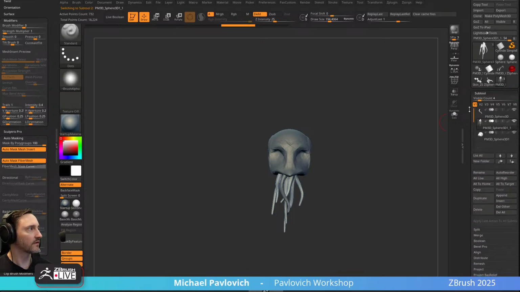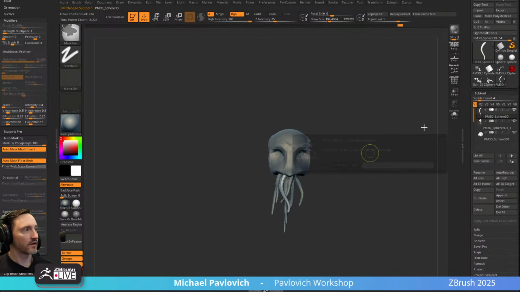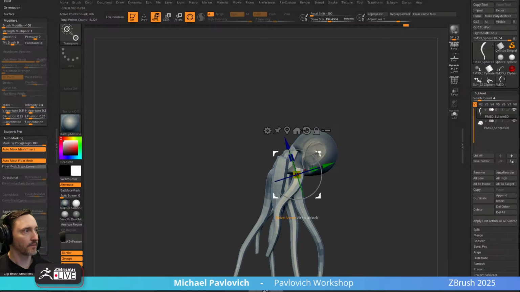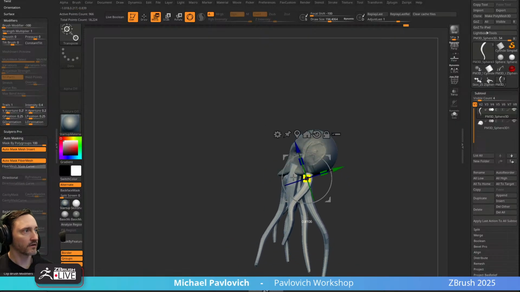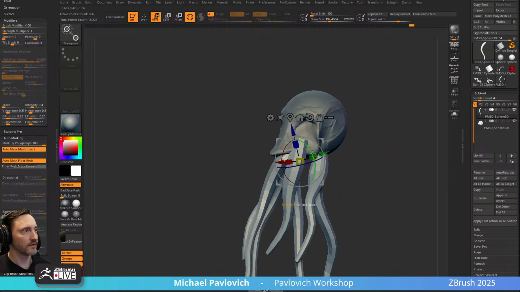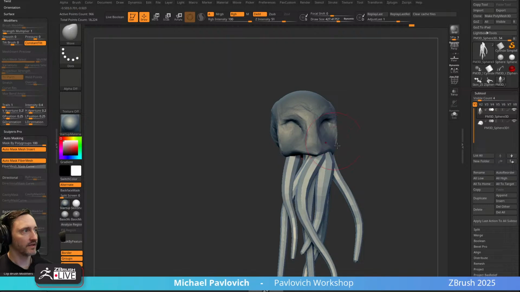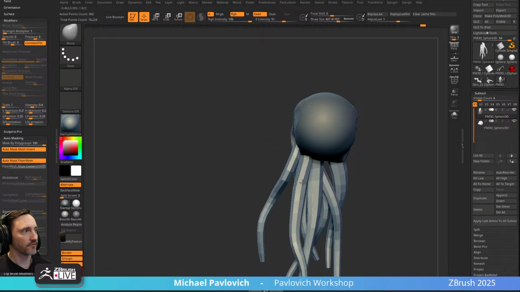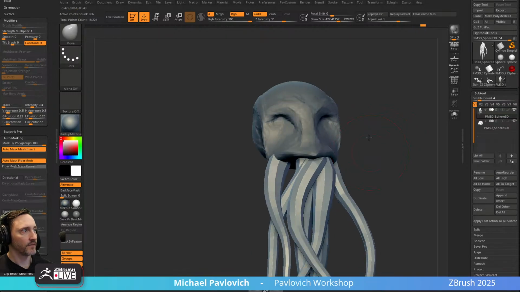Actually, let's merge these down. So let's say these are supposed to be part of, like, kind of embedded in the head somehow. I would keep them as separate as long as humanly possible. So I'd go through here and be like, okay, fine. These are supposed to be,